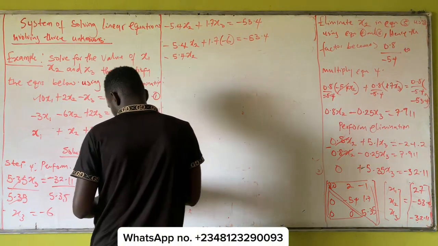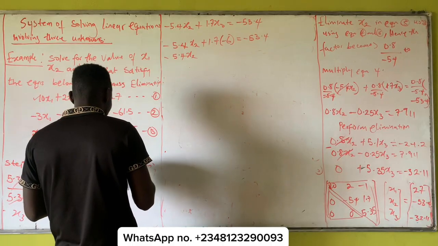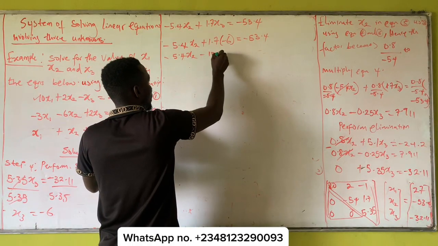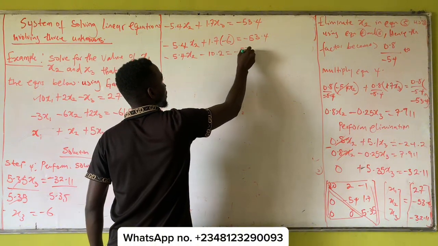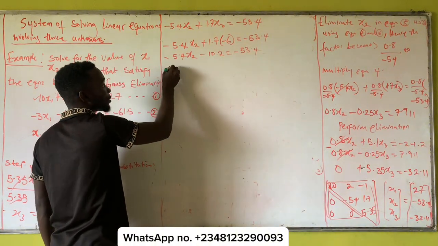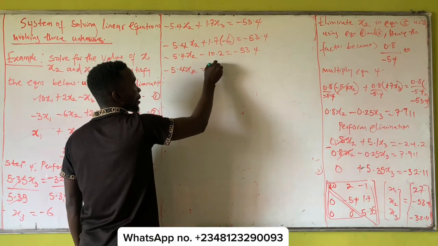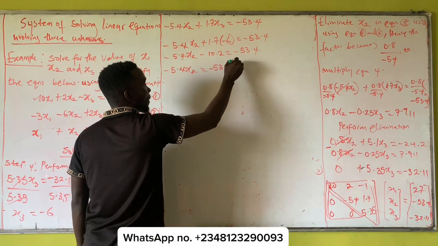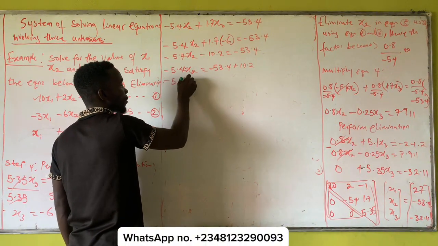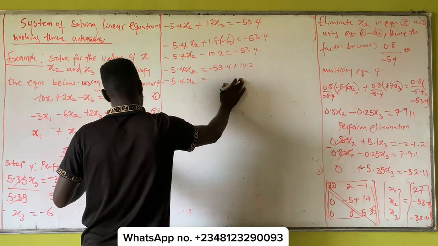If you multiply this, it's going to give us a negative sign, minus 10.2 equal to minus 53.4. This one will cross to the other side to give us minus 5.4 x2 is equal to minus 53.4 plus 10.2. Punch these two on your calculator,